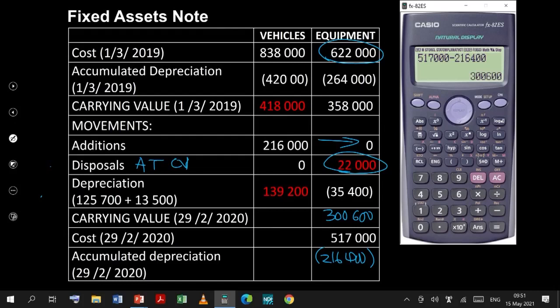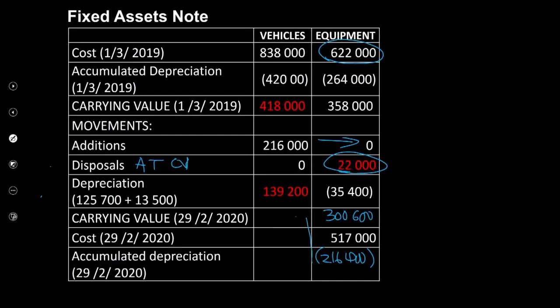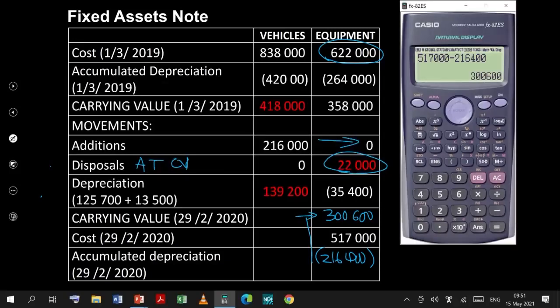So if you're working upwards, that's the answer that you're going to get. And if you're working downwards, once again, let's do the calculation to verify the accuracy of our note. You started off with 358,000. There were no additions, minus the disposals at carrying value, minus the depreciation for the year, and that gave you a figure of